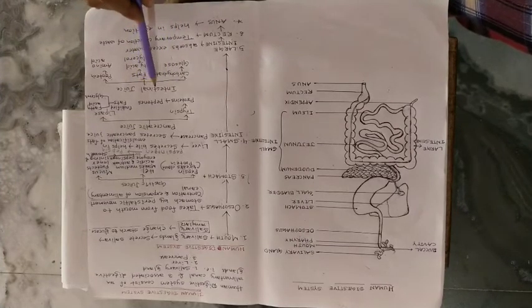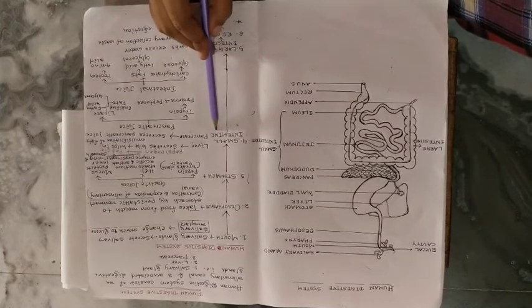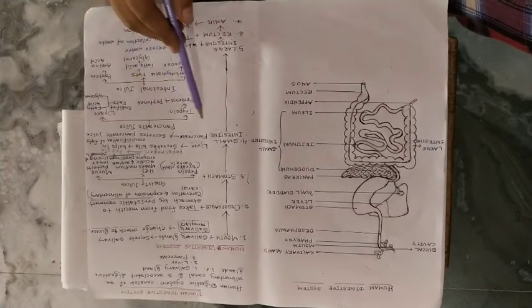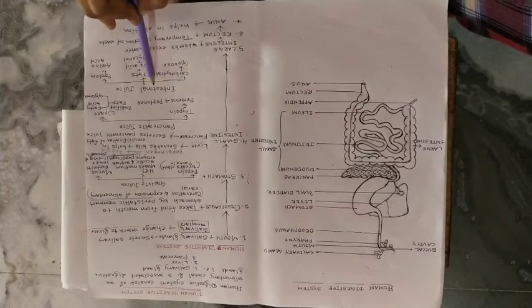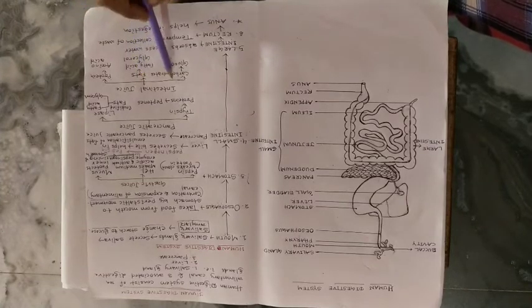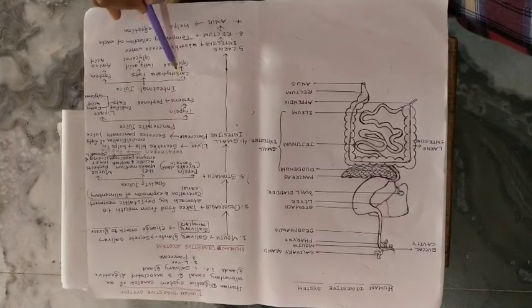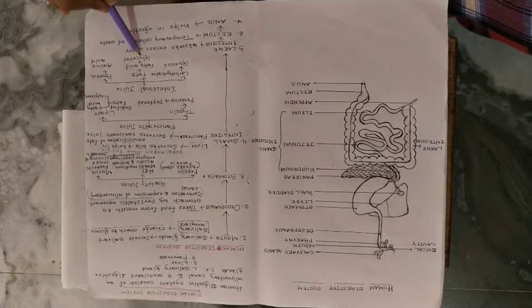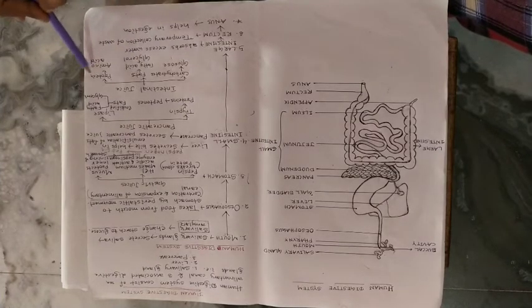Intestinal juice is also secreted from the inner lining of the small intestine. In the intestinal juice, various enzymes are present which help in the completion of the digestion. It means the digestion process is completed in the small intestine. After completion of the digestion, carbohydrate is converted into the simpler form glucose, fat is converted into the simpler form fatty acid and glycerol, and protein is converted into the simpler form amino acid.